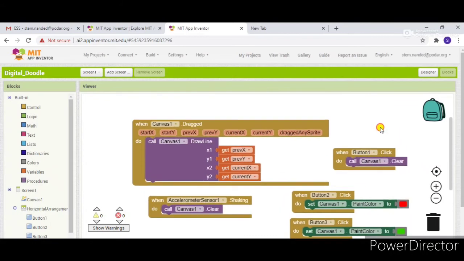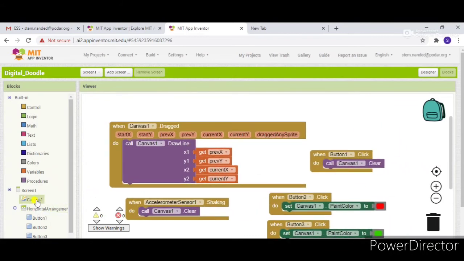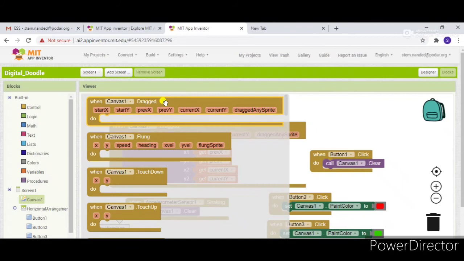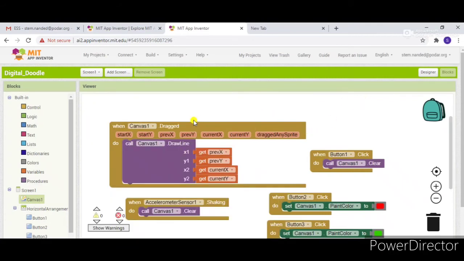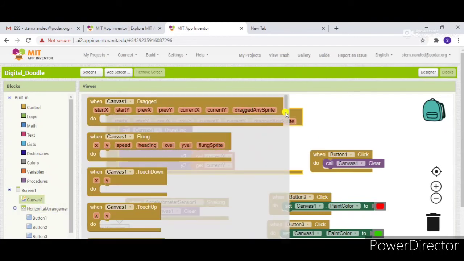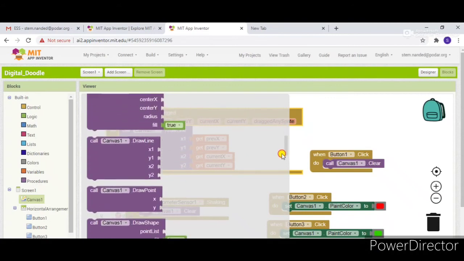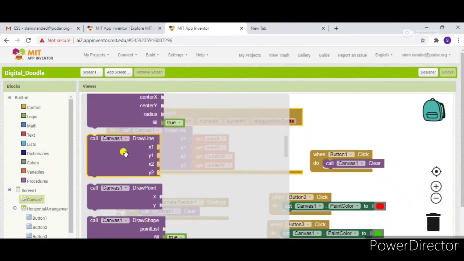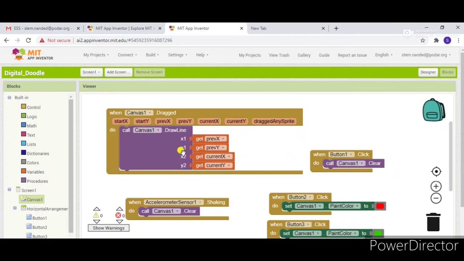Just go to the block programming. First is the canvas. For the canvas, you should create the first event, the dragged event. In the dragged event, you should go for draw line, because you just want to draw lines. Take call draw line from the canvas and connect the get previous x, previous y, then current x and current y.